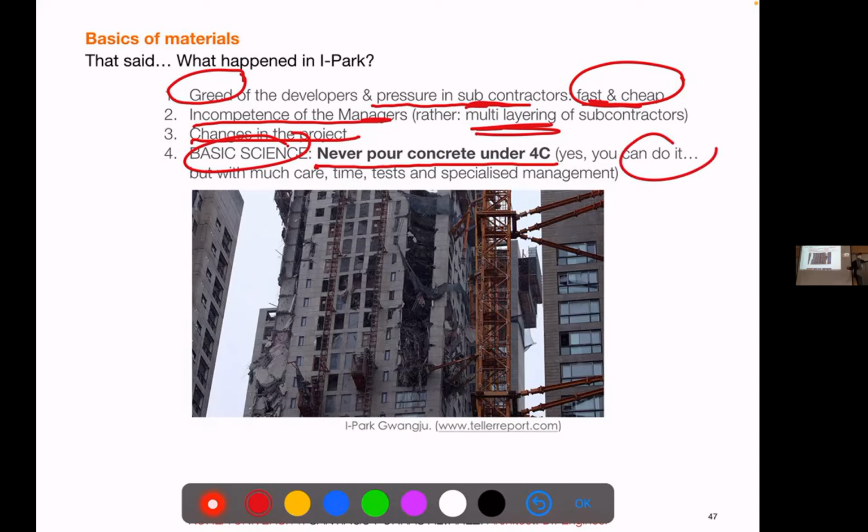If you save a few weeks, it's more money you get, right, in the promotion. But wow, does Hyundai need much more money? Maybe no, they need a lot of money, right? But greed, right, and the basic science, right. And there were more things. I will not go into it, but it's really sad, right? When we saw the news of the collapse, we saw them pouring concrete under the snow. We almost said, what are they doing, right? What are they doing? That week between floors does not make any sense in that time. It might take one month or two.